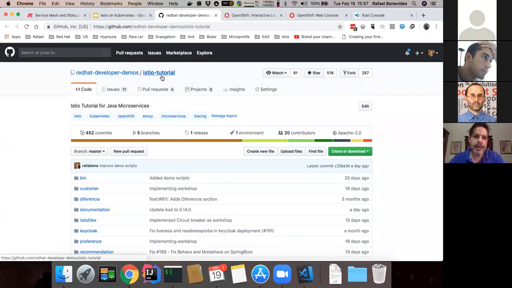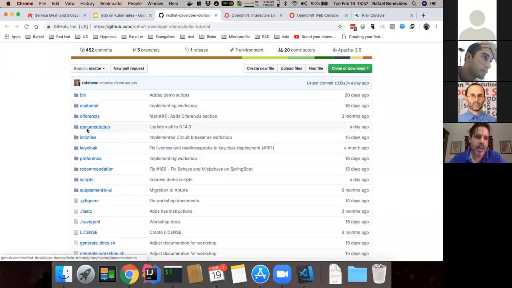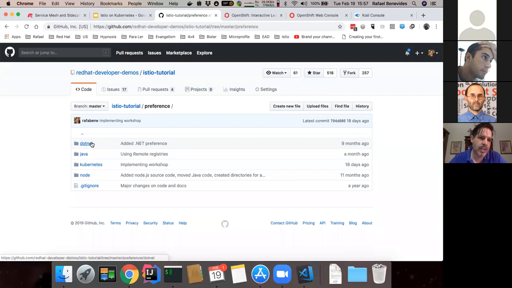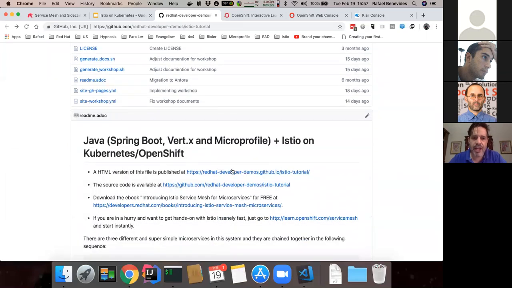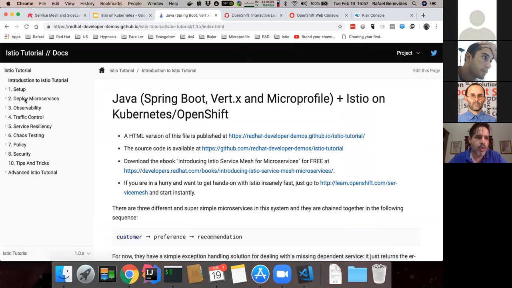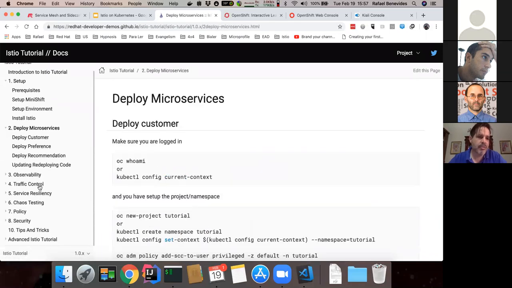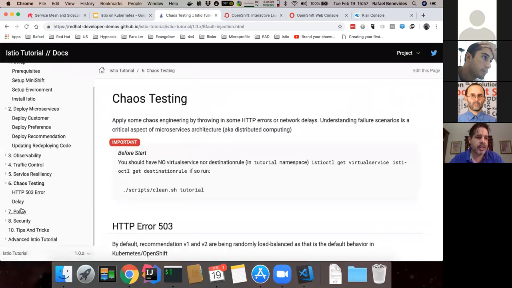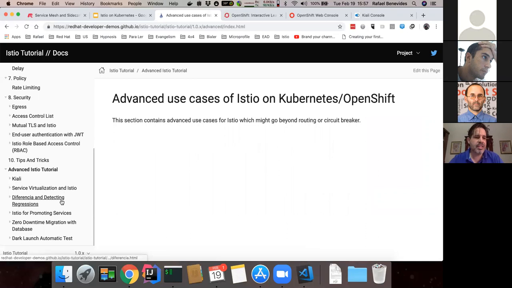That is the code that I used to demo. Here you have the customer, the recommendation, the preference. As I said, you have different implementations: .NET, Java, Node. And then you have an HTML version where we go through setting up Minishift, deploying the microservice, and then doing everything that we did: the traffic control, service resilience, chaos testing, the policy enforcement, security,